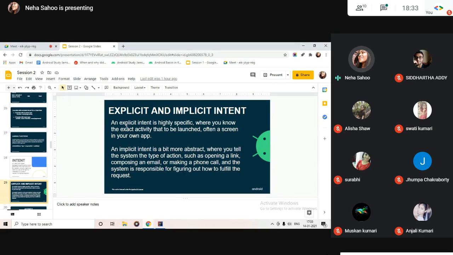An explicit intent is highly specific, where we know what kind of activity should be launched next. If you want to know what an activity is, an activity is basically a screen inside an app. For example, if you open any of your apps, let's take an example of an app built on Kotlin like Zomato.